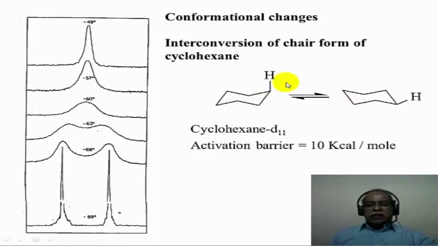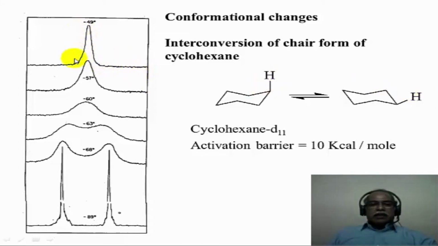So, depending upon the kind of chair conformation that the cyclohexane has, it is either in the axial position or it is in the equatorial position. Now, this study has been carried out by variable temperature NMR spectrum. The spectra are shown on the left hand side in this particular frame here. If you look at the NMR spectrum at minus 50 degrees Celsius, for example, which is already a low temperature process, NMR is unable to distinguish between the axial hydrogen and the equatorial hydrogen.